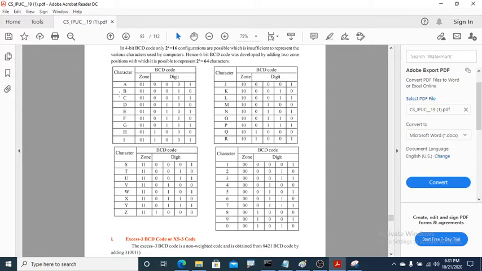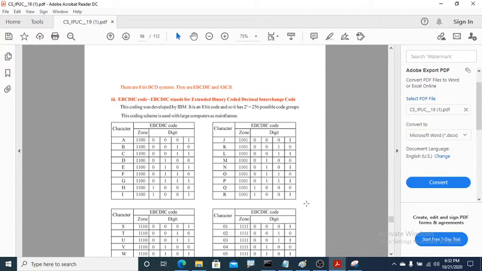For each alphabet there are its own zones. A to I have zone 01, J to R have zone 10, and S to Z have zone 11. For digits 1 to 0, the zone is 00. The common elements are 0001, 0010, and so on, up to 9 as 1001. The zones are taken in a different way. The total number of elements here is 8.